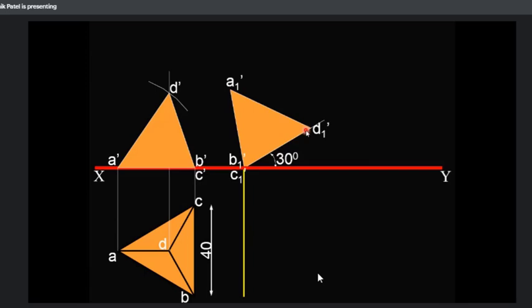Now, what is your fourth step? You will draw the vertical projections from step number 3. So draw vertical projections from the A1 dash point. Similarly, draw horizontal projections from point A where they intersect, and mark the points. Here I will mark A1 point, then B1 point, then C1 point, then D1 point.